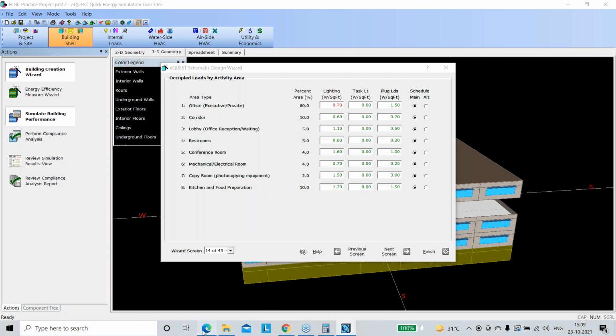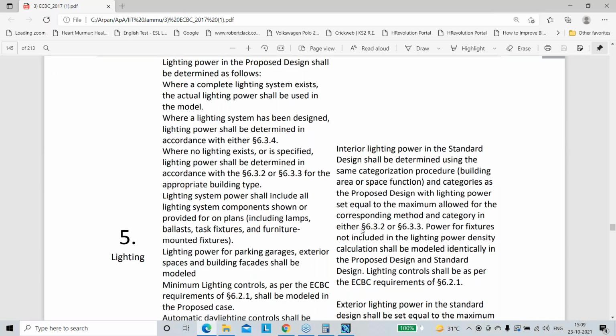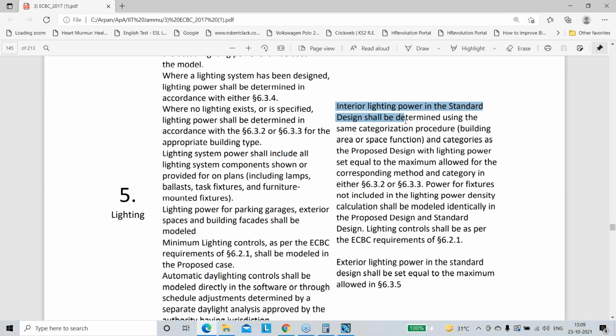Now if we come here and see lighting, interior lighting in the standard design shall be determined using the same categorization procedure, that is either building area or space function, and the maximum allowed limits should be either as per